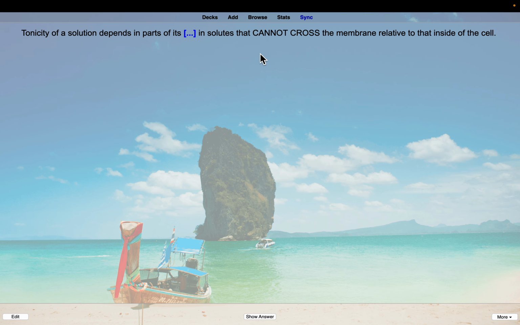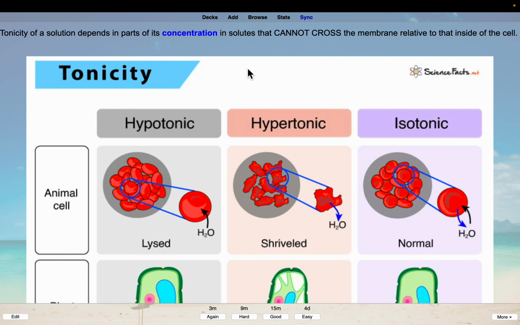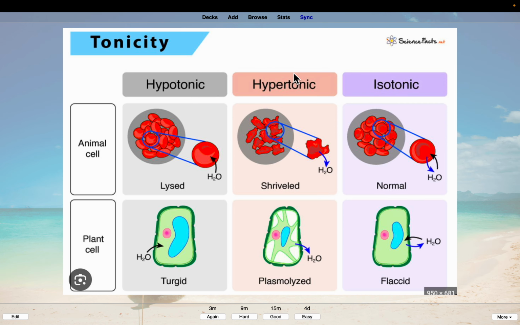Okay, the tonicity of a solution depends in part on its concentration of solutes that cannot cross the membrane relative to that inside of the cell. So for tonicity, we have in this table animal and plant cells. We're comparing the two in 3 kinds of environments. In a hypotonic environment, an animal cell, we all know that